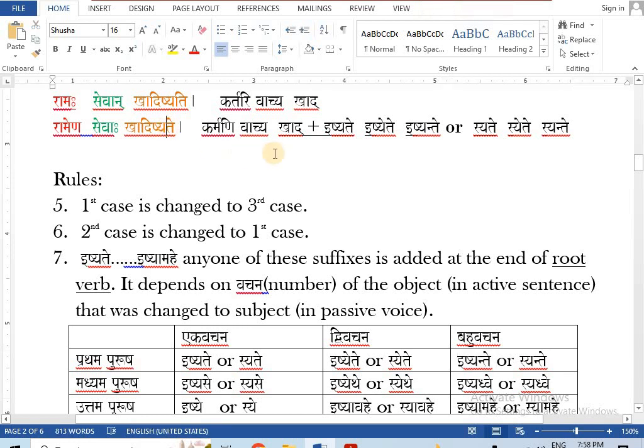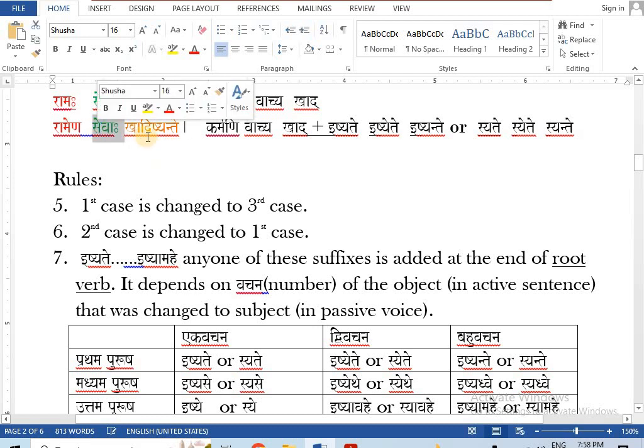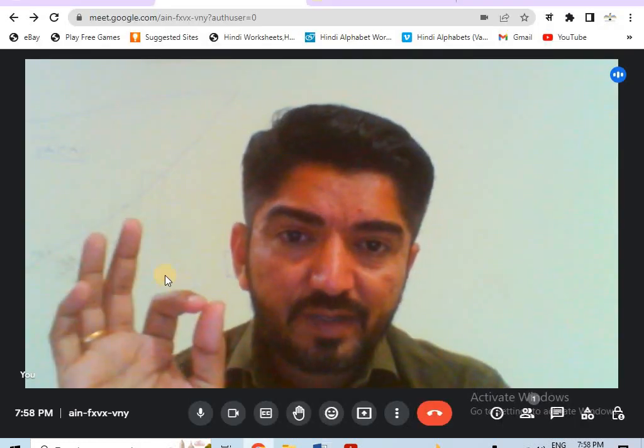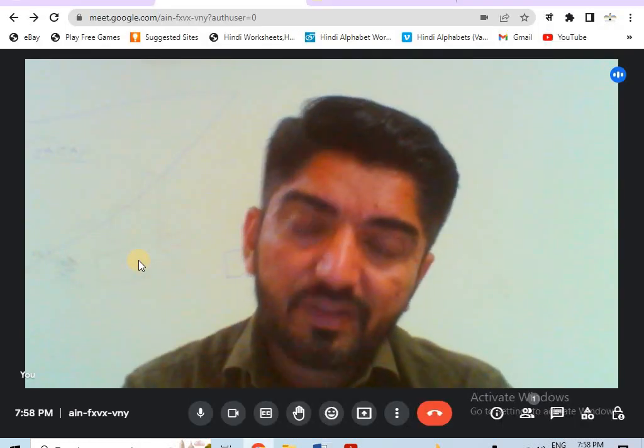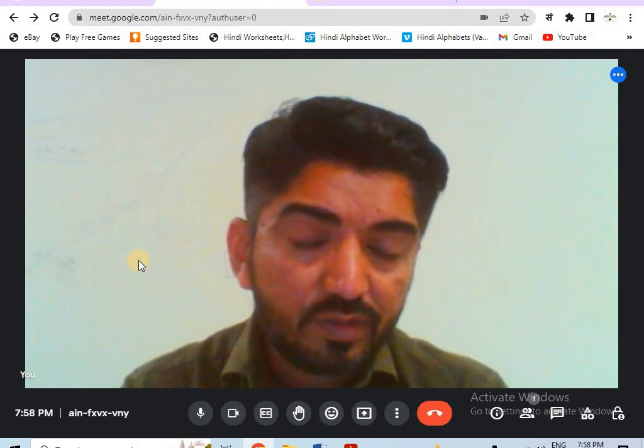So here you need to add ishyante. The answer will be Ramena Sevaha Khadishyante, because Sevaha is plural. So this verb form depends on Purush and Vachan of this first case word. Okay, and always remember my advice, any verb forms you write, whether it is active voice or passive voice, verb